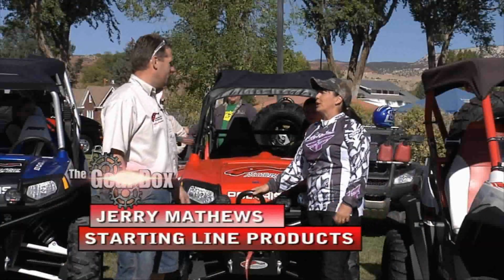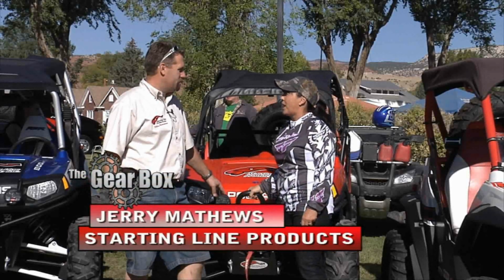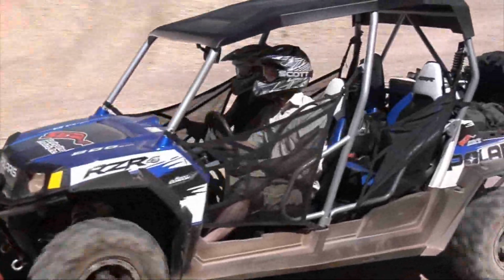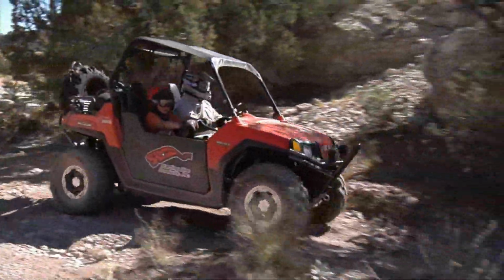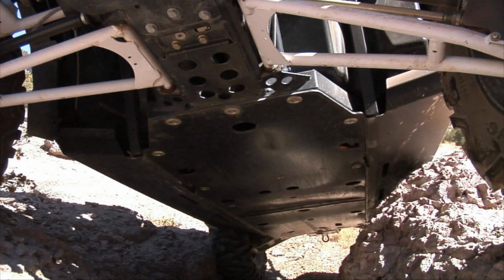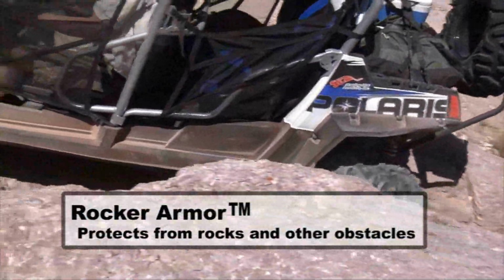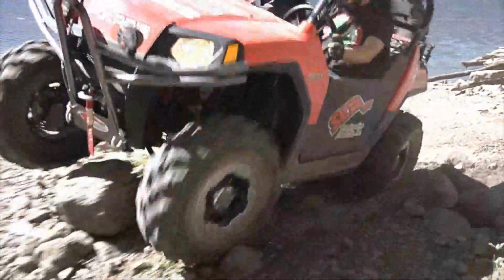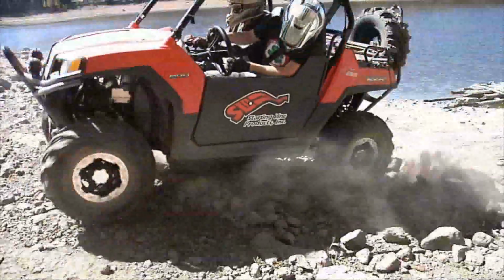Jerry, SLP really puts the power in power sports. Tell us a little bit about what you're going to be riding today. We've brought two Polaris RZRs with us today. One's a RZR 4 and one's a RZR 2-seater. What we've got on them: we do front bumpers, rear bumpers, rocker armor. What rocker armor does is protect from the rocks and the other things that you might slide over. They're designed to allow you to hit stuff like that and slide across them on the rocker panel rather than